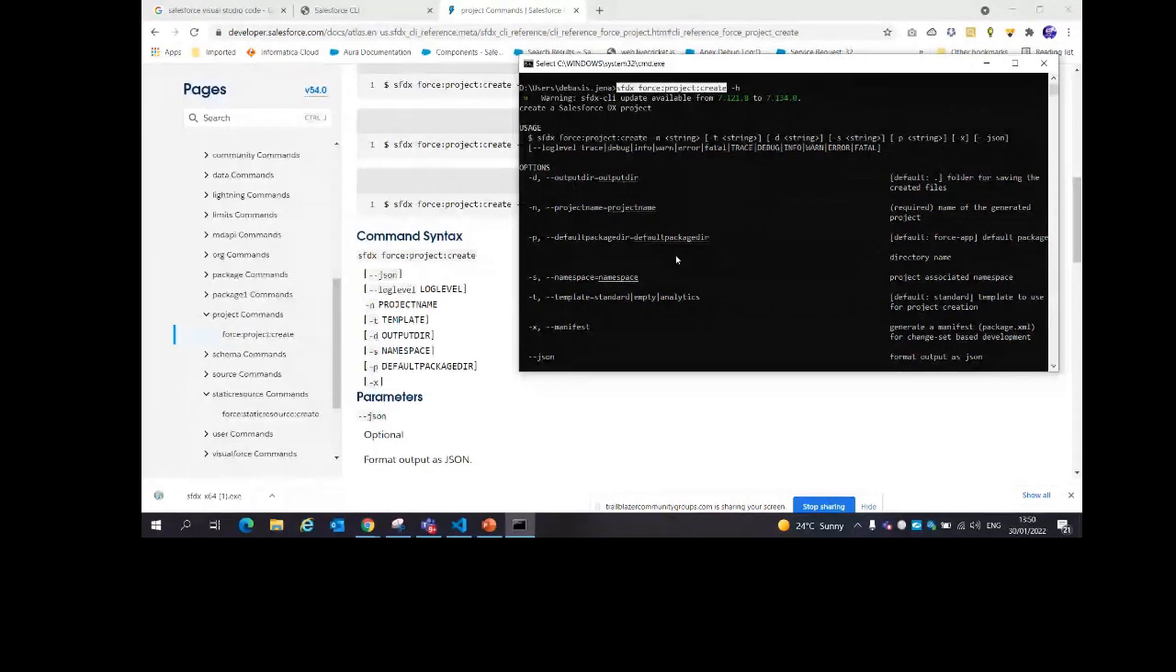Okay, then default package, let's use standard empty analytics, remembering it, it was just asking, tell me what type of project you want to create. Nothing but the template. Do you want to creating with manifest or not? What is your JSON file and what log level you want to set? Everything. So depending on that,